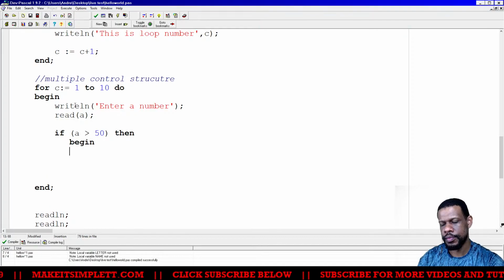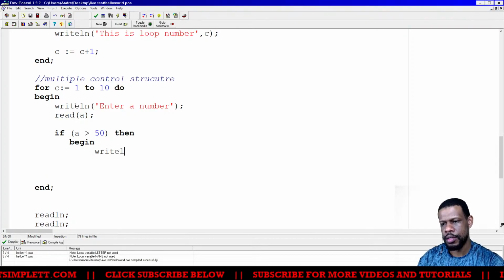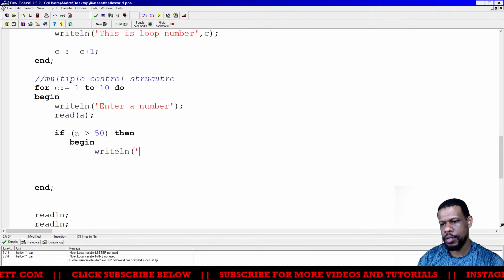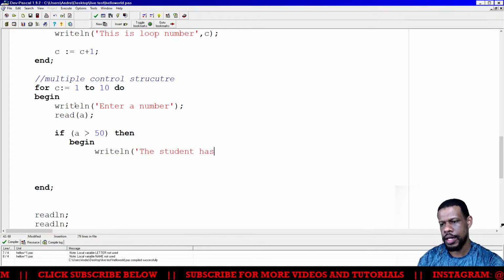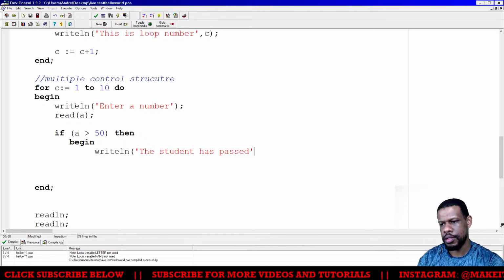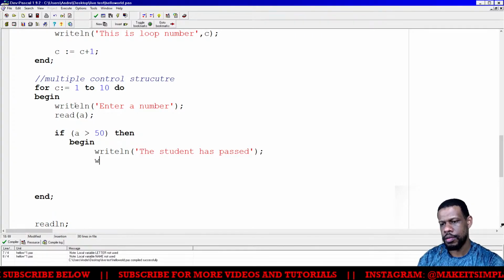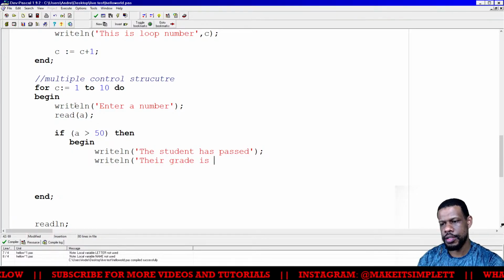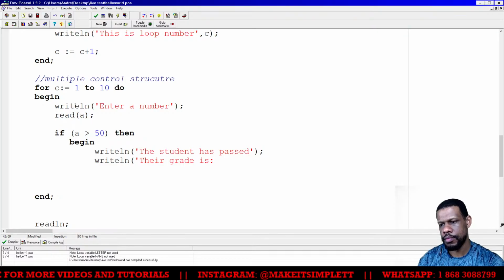begin, write line, the student has passed, write line, their grade is something percent.